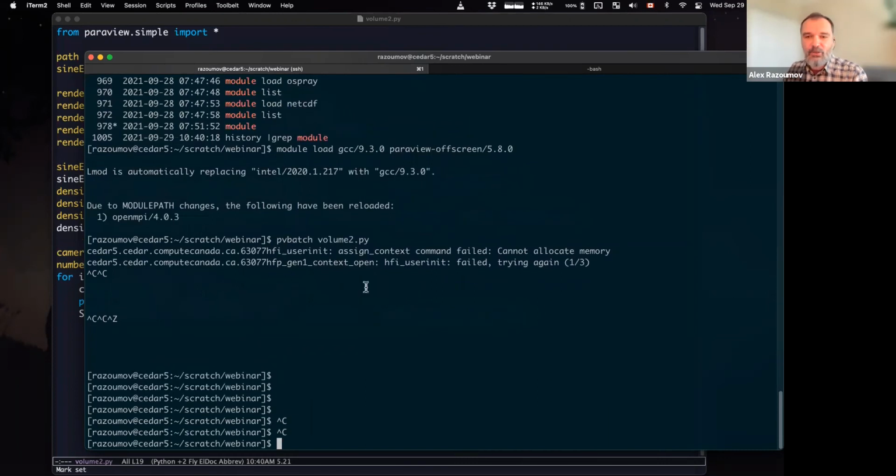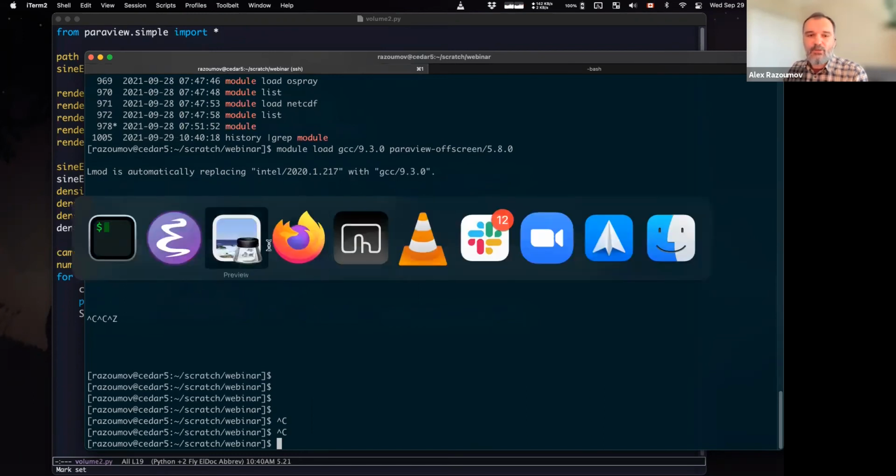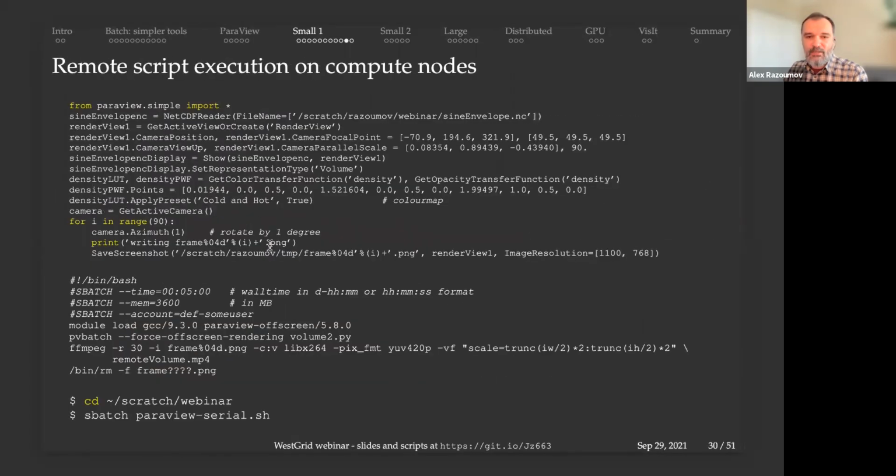Because what you really want to do is you probably don't want to run this on the login node if it takes a fair bit of memory, a fair bit of CPU power. So running the script will probably take a few minutes, but still you don't really want to do this on the login node. You probably want to submit it as a batch job. So to submit it as a batch job, you would need to write a script, and in the script you will specify